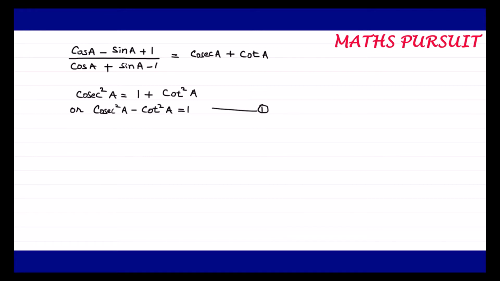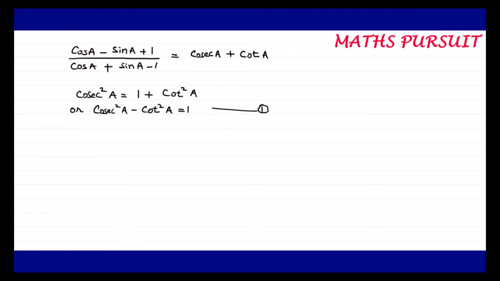So guys, if you look at the right side of the equation, it says cosec A plus cot A. Cosec A is nothing but 1 upon sin A, and cot A is nothing but cos A upon sin A. So you can see that sin A is in the denominator. Looking at the right side of this expression, where sin A is involved as a denominator, we will divide the numerator as well as the denominator by sin A.